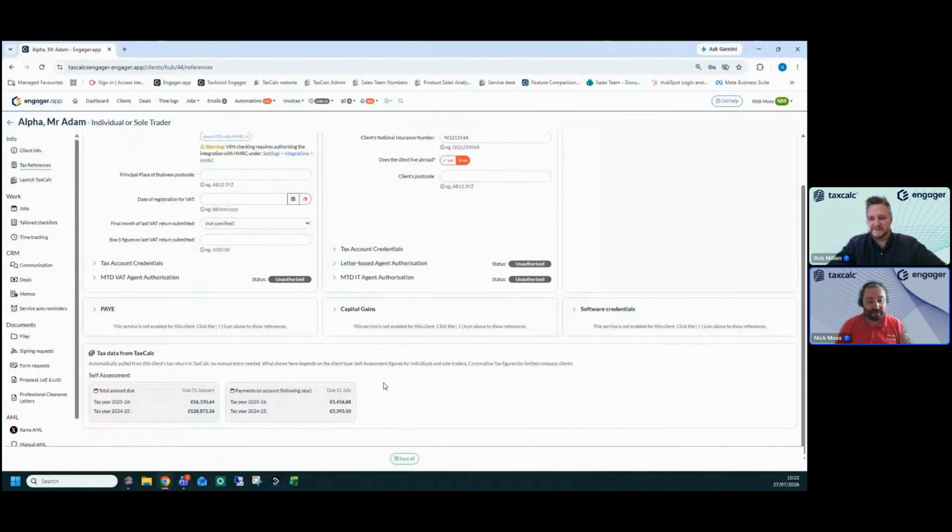So effectively, we can see that data is coming through. Biggest point, it means that at any point you can just refer back to it and see what that payment is. If a client rings up and says, "What's my payment on account due?" very quickly you can see that in there, and I'll talk about any guardrails that go alongside that. Now the next bit is then,